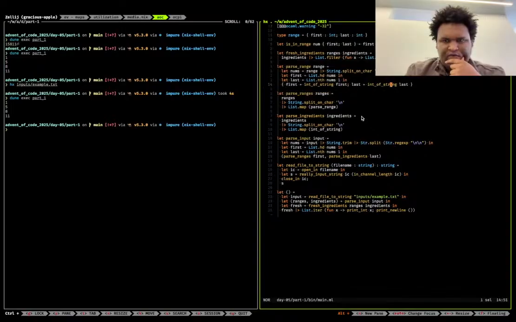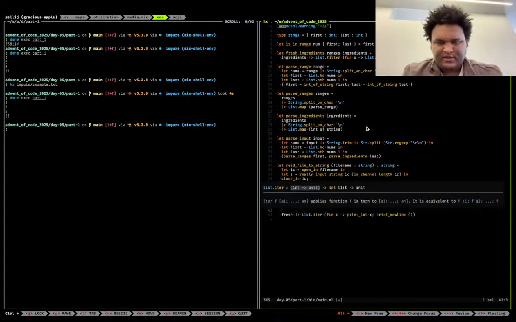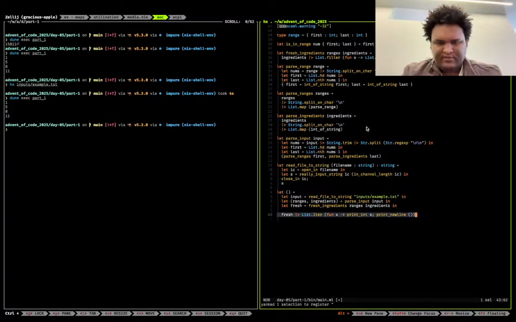Before, we did see 16 to 20 being one of those options, but maybe there's something wrong with our is in range function. First, is 17 greater than or equal to 16, true, and then is it less than or equal to 20. I don't know why that didn't happen. Maybe it's not being parsed correctly. That's my suspicion. So I'm just gonna go in here and do the same thing for the ingredients,